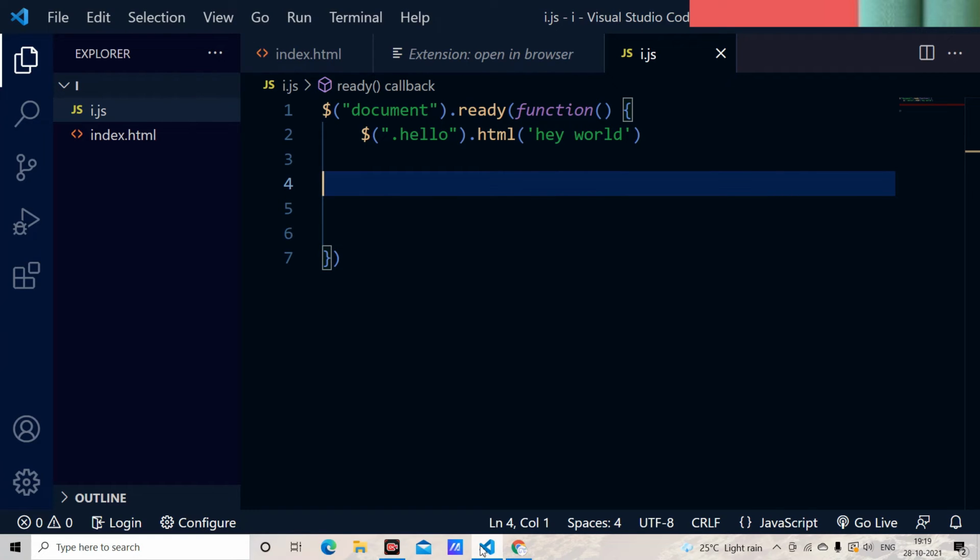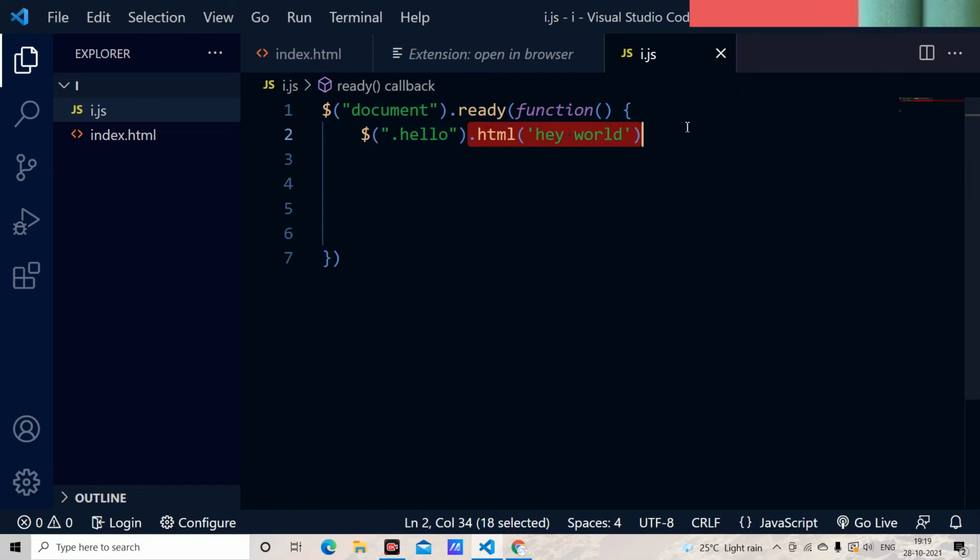And this is how we go about selecting the elements. We select using the $ sign, under which if it is a normal tag, we just add the name of the tag. If it is an ID, we use the hash mark and add the ID name. If it is a class name, we use a dot and the class name, and we can add any actions, and these .html calls are termed actions.